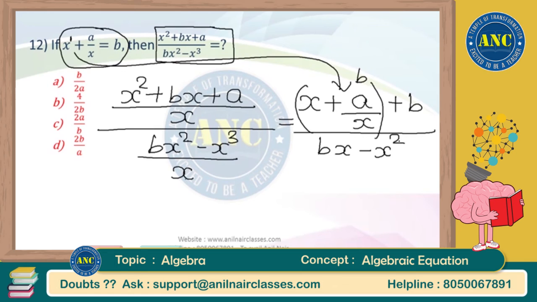Now if you observe, numerator is nothing but 2b, denominator as of now is bx minus x square. If I take the LCM and simplify here, you will get the value of bx minus x square. But if you are a little smart, sir, first option, the numerator is only b, it is not 2b, ruled out. Second option is not even a variable, it's a numerical, ruled out. Third option, numerator is in terms of a, not b, ruled out. Fourth option is the only option which is having 2b. That should be the correct answer.